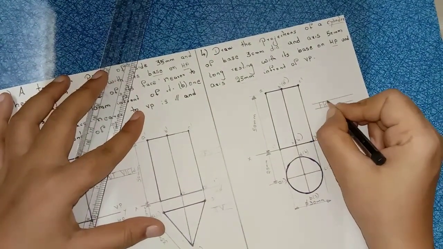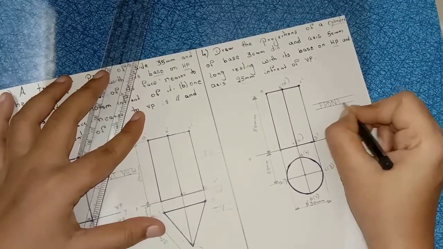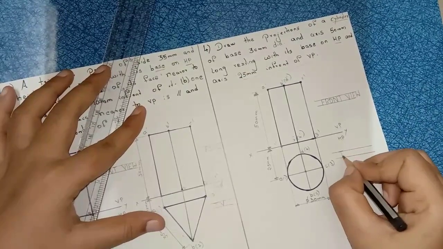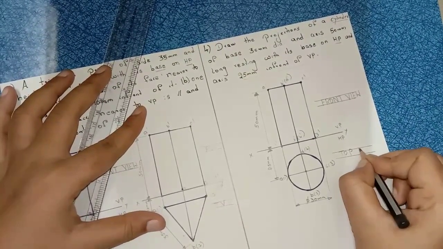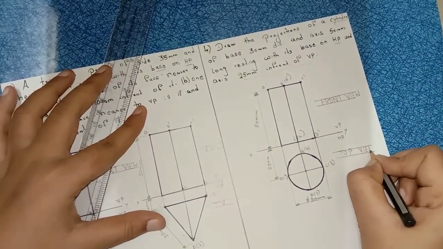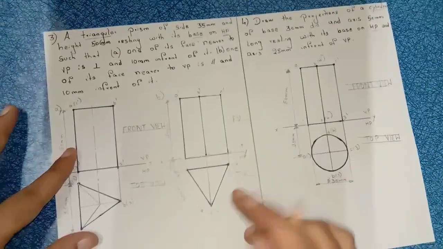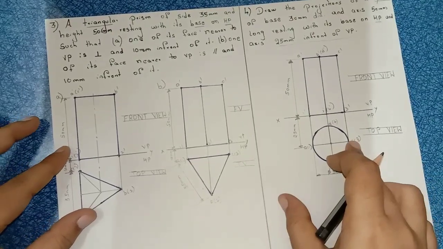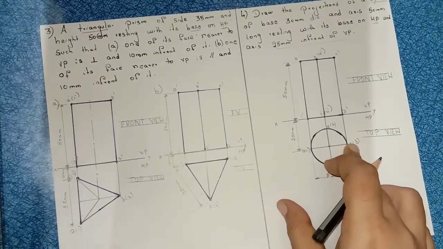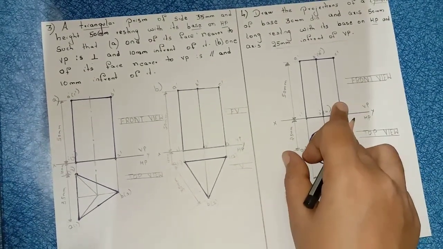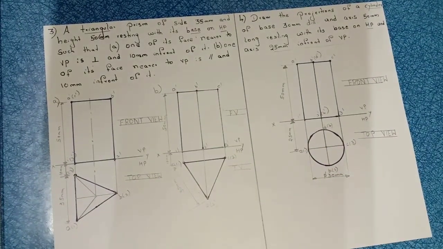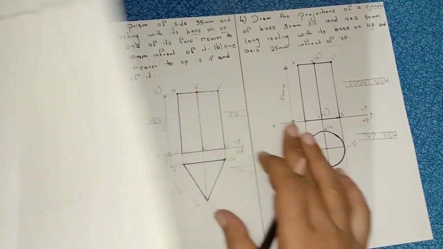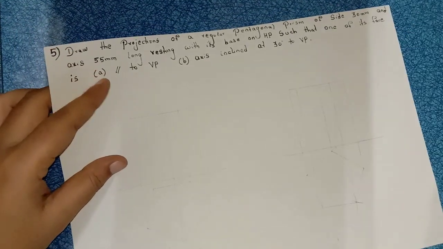Here we are constructing prisms, right? So in prisms, whenever we are seeing from the top view, we can see the shape of the solid, either it is a cylinder or triangle or square. So that's why in top view we are drawing different solids. But whenever we are seeing a prism from the front view, that prism is bounded by rectangular faces. So that's why in all the problems in front view we are constructing a rectangle, right?